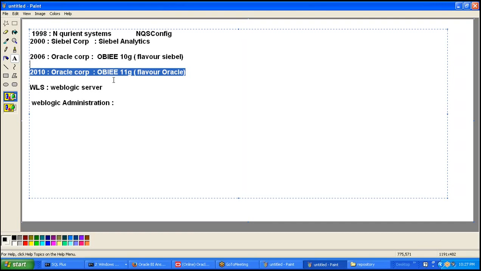Which means you need to allocate some RAM for that. As you have 4 GB RAM, you can allocate only 2 GB RAM for that virtual machine. Actually, for OBI 11G installation alone we need 4 GB RAM, and if you allocate 2 GB RAM, it will be a little slow. If you provide 3 GB RAM, it's enough. And if you want to increase it still further, it's up to you.